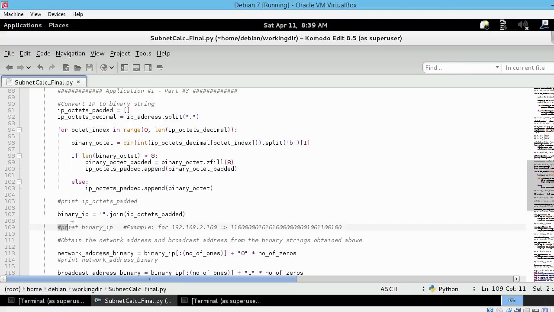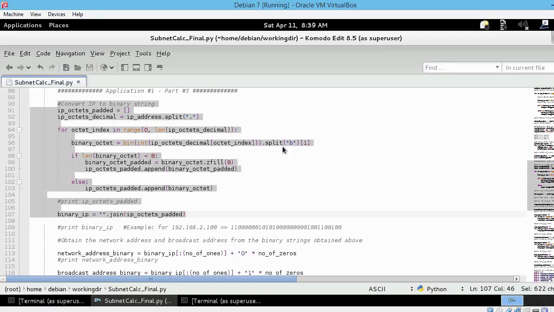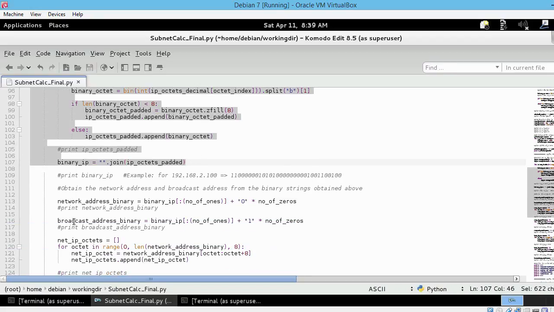I'm not going to explain this procedure again, since it is almost identical. Here we have an example of converting 192.168.2.100 to binary. So this would be the binary string resulted from these operations right here. The thing we should focus on is obtaining the network and broadcast addresses for the IP and subnet mask provided